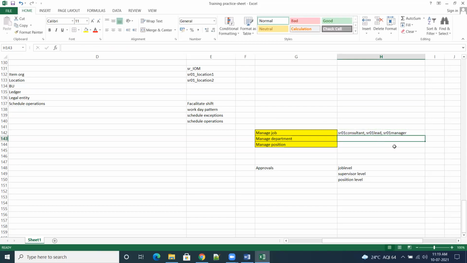So departments, I'm making one procurement department, SR01 procurement department, and SR01 OM or inventory department, inventory DEPT. Positions, we'll see, these are the levels only. So I'm giving consultant level as, let us say, 5, lead is level 6, and level 7 is the manager. Okay.